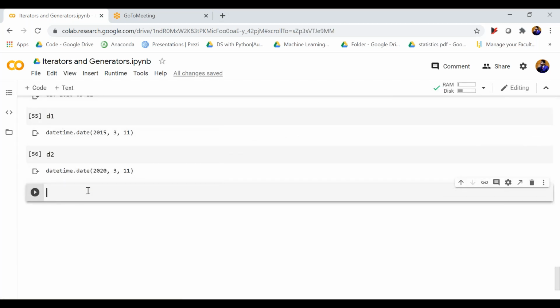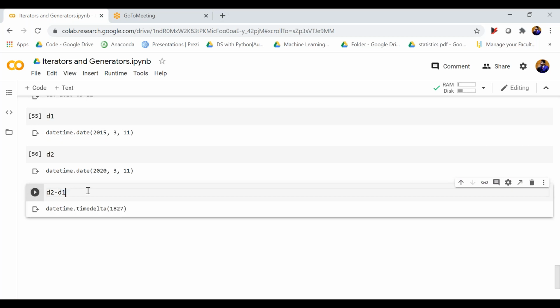the good part is if you type d2 minus d1, this gives us the difference in days between the two dates. Now we can use the timedelta to specify various units. Are we clear with this? So this actually gives you the difference between the dates of both the parts, right? Both the